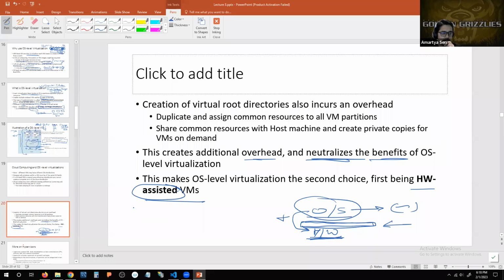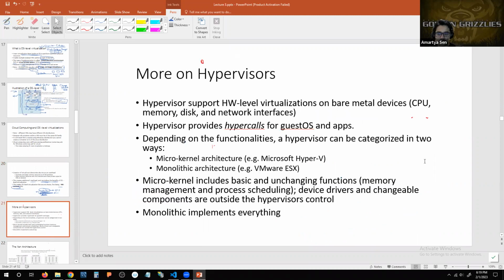So the whole idea of hardware assisted VM implementation was that certain plug and play tweaks were made to the existing commodity hardware such that it is capable of supporting the virtualization which will be implemented in software, okay? Addressing the overheads or the drawbacks of both the hardware level as well as the OS level, okay? So let's talk about the architecture that was developed in order to enable the implementation of hardware